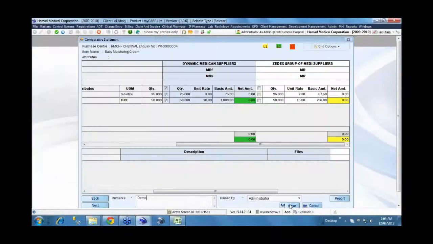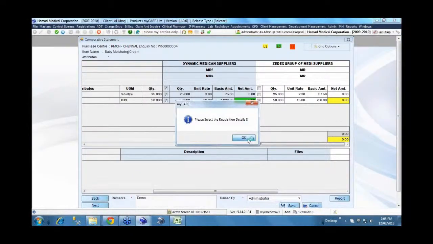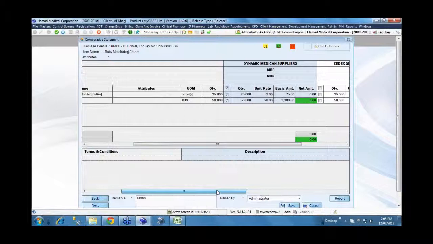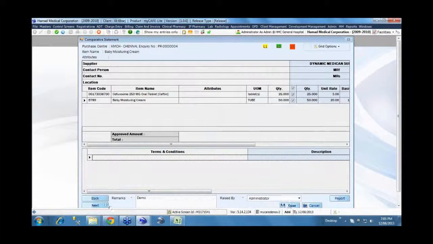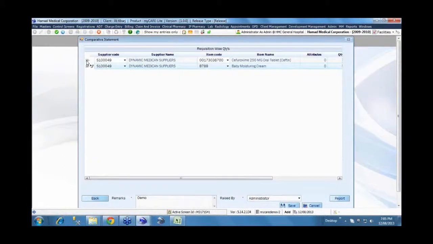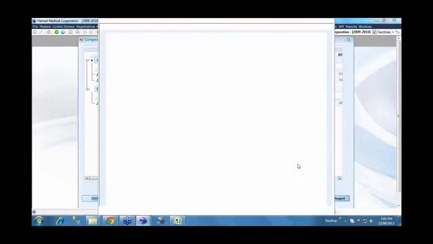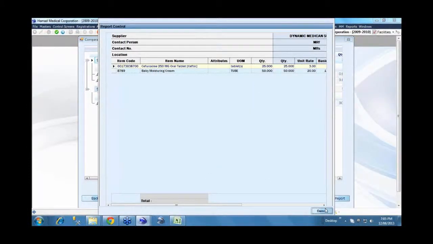So generally exporting to Excel and PDF format is available for most of the reports. And again, it's controlled through user rights. You can decide which reports you want to have the provision to generate and export to Excel or PDF, and who has the authority to do that. Even that aspect you can control. But this is a general practice usually as far as the comparative statement is concerned, so we are showing this provision there.